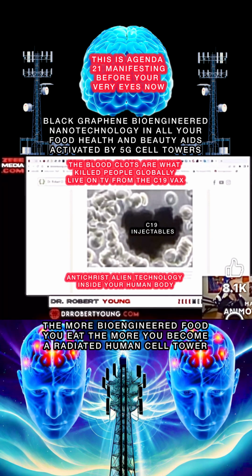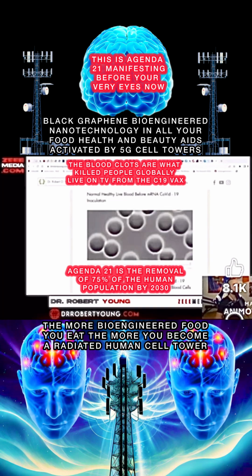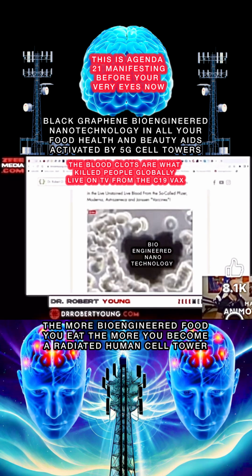Reduced graphene oxide in combination with 4G and 5G, pulsating at 2.4 gigahertz and up, causes cells to reverse their polarity, start clotting together, and they're attracted to this graphene. So they form clots. Now, if you know a little bit about the pulmonary system, red blood cells have to go in single file to get to the lungs to drop off their waste products, lactic acid, carbon dioxide, whatever it is. And they have to go in single file. They can't drop off and pick up oxygen if they're all clotted together. This is what causes oxygen deprivation.